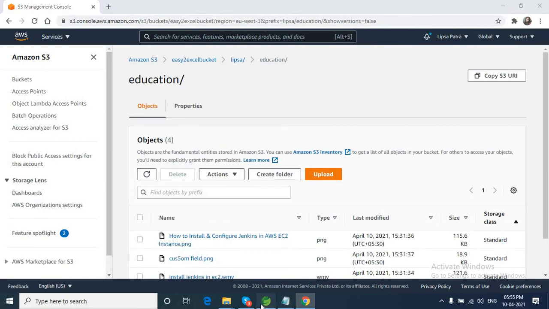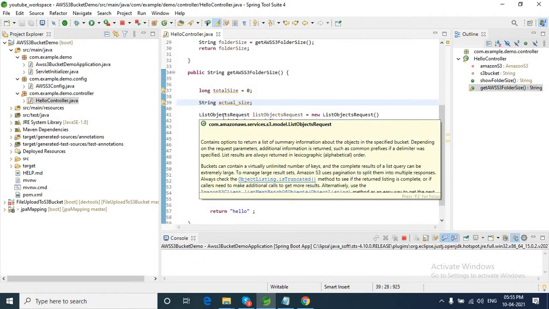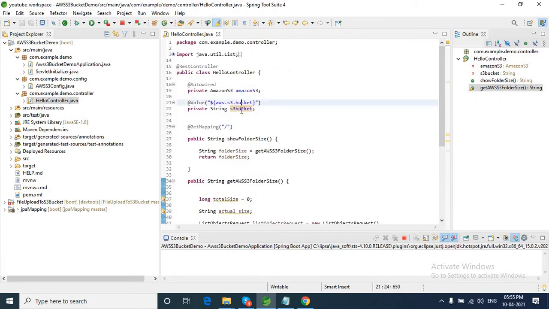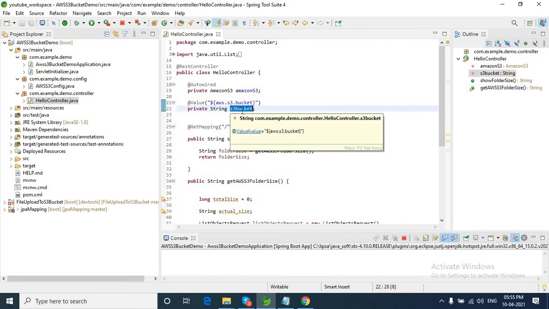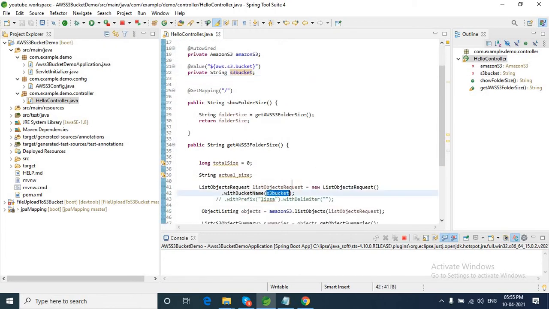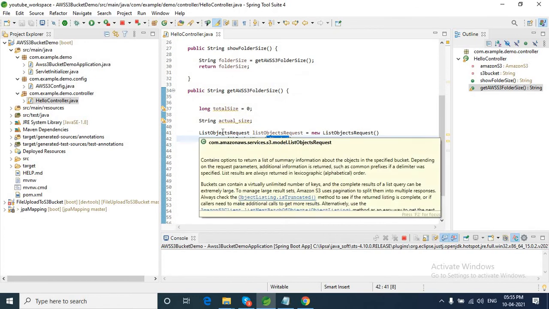Here, if you see, I have created a list object request with the bucket name S3 bucket. This S3 bucket I have put inside my application.properties file with the name aws.s3.bucket. This is the S3 bucket name. By giving this S3 bucket, I have created a list object request. So what is that list object request?